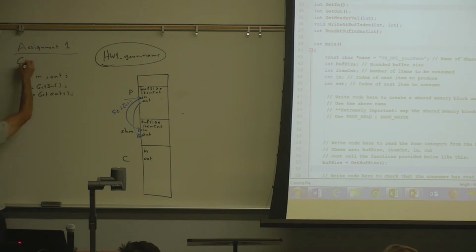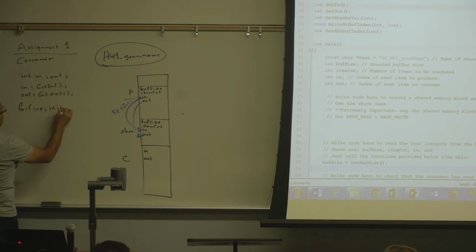This is the consumer. Yeah, it gets the value of in from the header of the shared memory buffer. This gets the value of out from the header of the shared memory buffer. Then the consumer is going to say for I equals 0, I less than item count, I plus plus. Well, you need to get item count equals get item count.